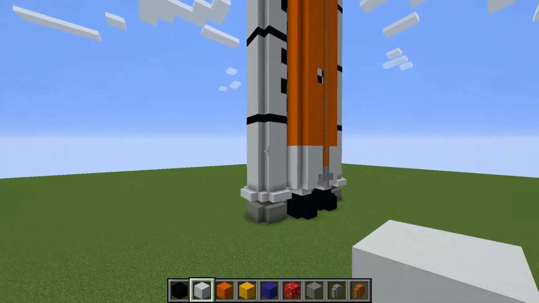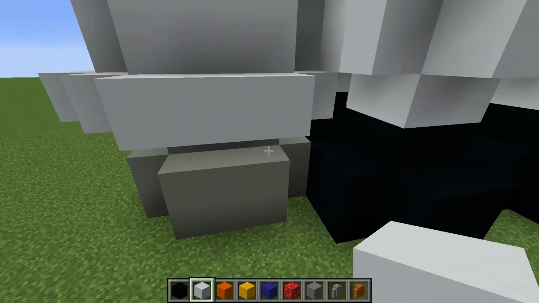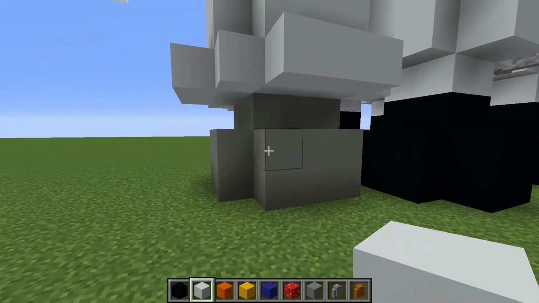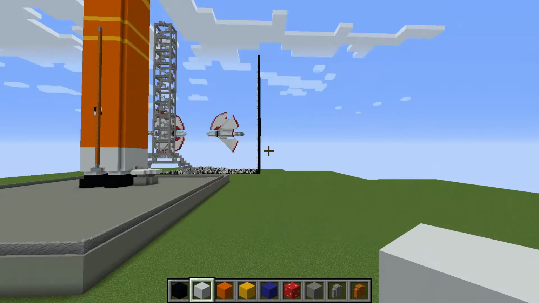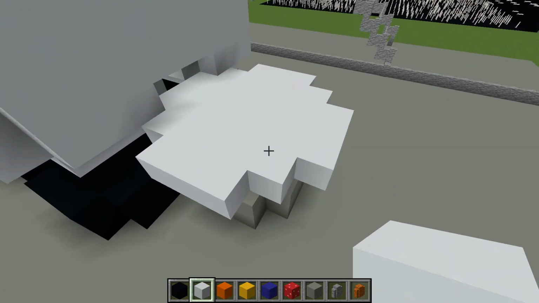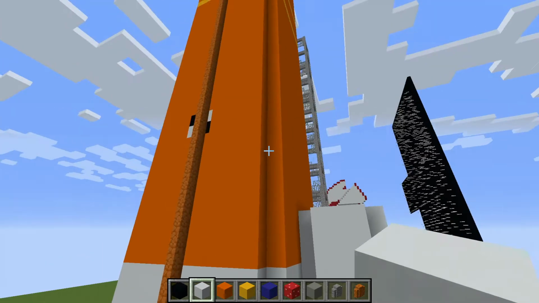Next up is back 1 block in, same shape as generally most of this rocket. 5x5 with the corners missing, with the white concrete going up 1, 2, 3, 4, 5, 6, 7, 8, 9. 9 blocks. So, I'm just gonna cut it, because it's not gonna take too long. So, now that we got the 9 blocks up,